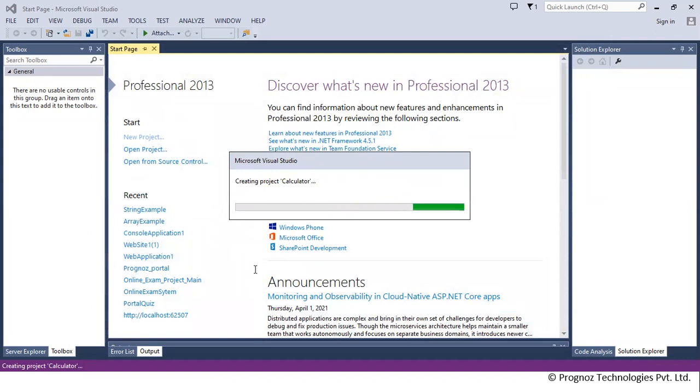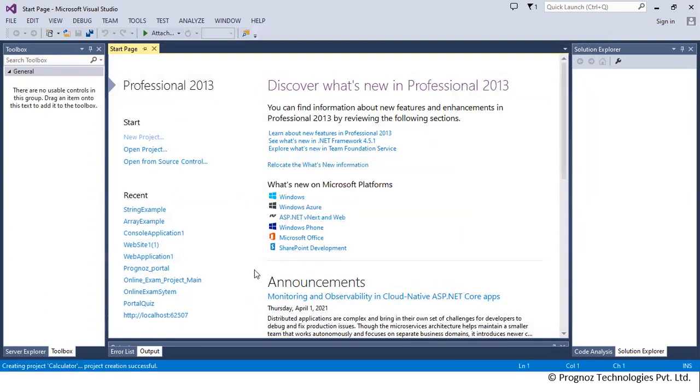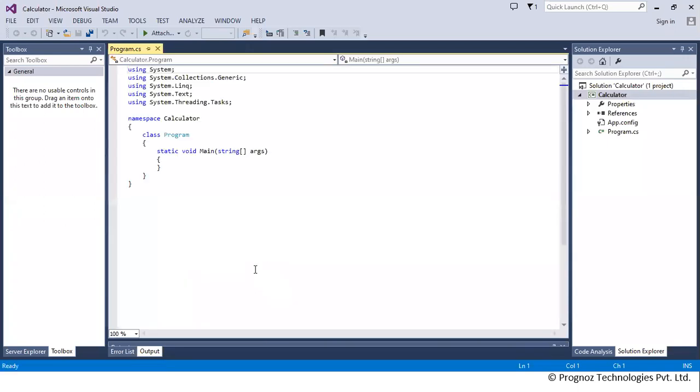I'm creating a project, the project name is calculator.